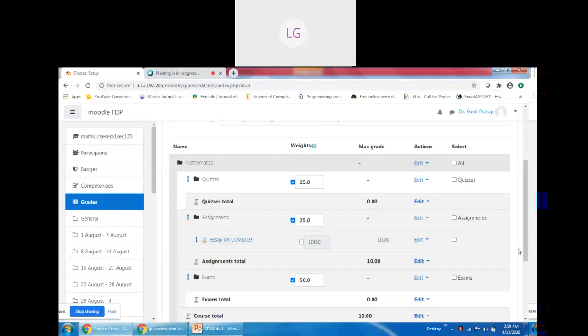Sir, if you click on this checkbox, which you can see in my window in blue color, you may override the weights. As I told earlier, if you do not assign the grade, the grade book will consider the weightage automatically to give 100% weightage.